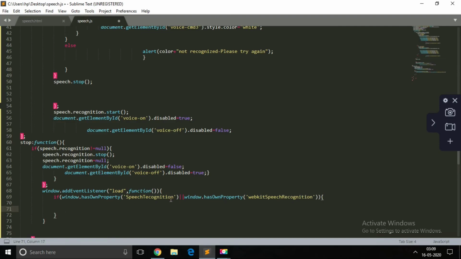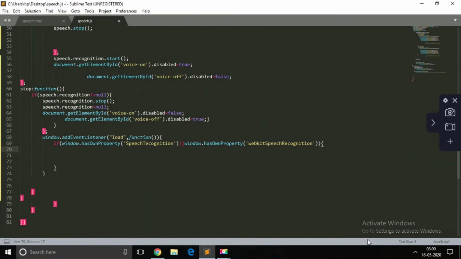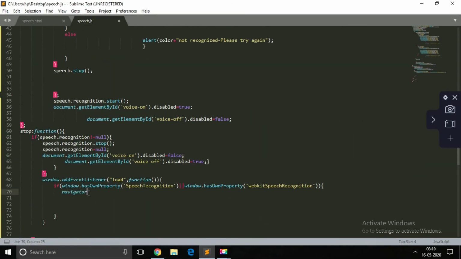So we have applied the condition if window dot has property speech recognition, and again one if condition. So if the result dot state value is equal to denied, then